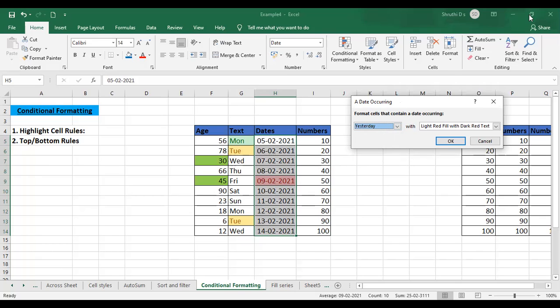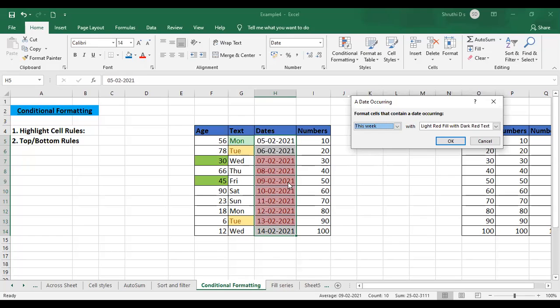See, if at all we have something like NICT, a set of students who got the admission done, right? I just want to check for the students who have to pay the fees by this week. So what do I do? I have dates starting from 5th to 14th, right? So it almost contains this week's dates. Now I'll just select this week. I have the option as this week.